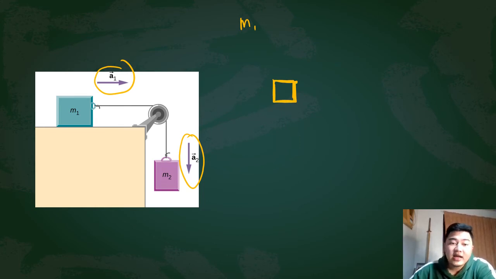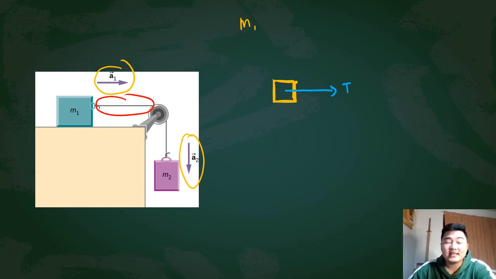Of course, you have here a string. As you can see here, there's a string that pulls mass 1 to the right. Therefore, there is a tension force going to the right. Now, remember that the mass is accelerating to the right. Therefore,